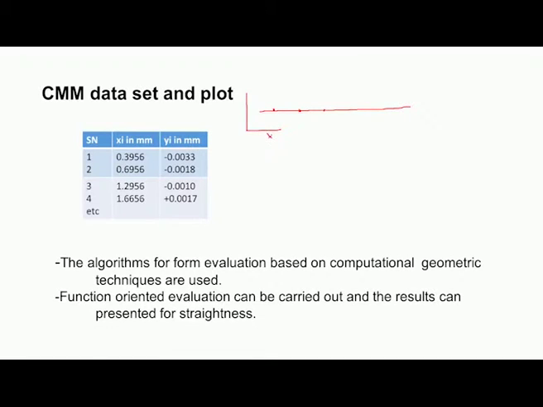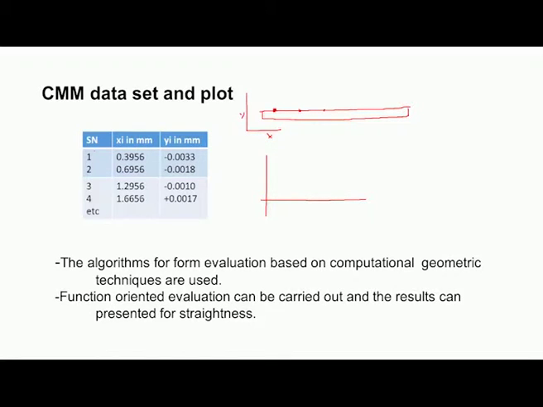If this is say x and this is y, and we have the surface like this, what is the coordinate of this particular point? So, x and y it will give like this. For different points it will give the xi values and yi values, and now these values are given to the computer for processing, and finally it will tell us what is the error.